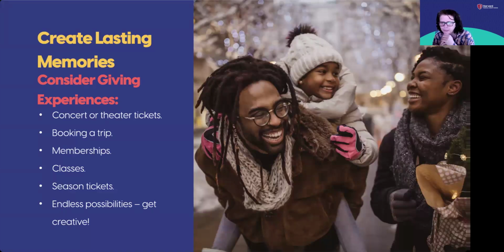But my mom has given us concert or theater tickets, and that's always really fun because again, it extends the experience out. So it might be March, and I'm texting my mom a picture, saying, oh, we're here at this play that you bought us tickets for, and we're really excited. And it makes that holiday magic last a little longer.